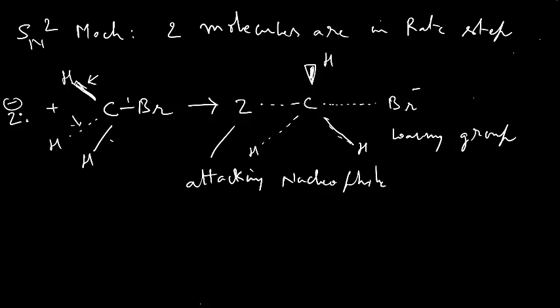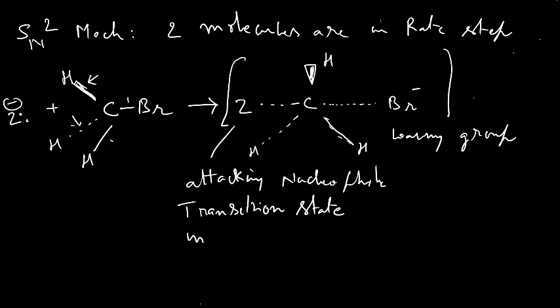Therefore what happens here? For carbon there are 5 species attached, out of which 2 are partially attached. One is a leaving group and another one is an attacking group. So this is referred to as the transition state. This transition state is unstable because there are 5 bonds, right? Since it is unstable, it cannot be isolated. Transition state cannot be isolated,